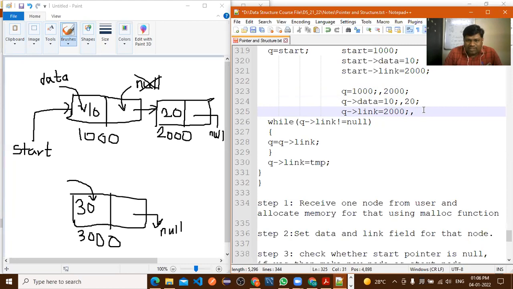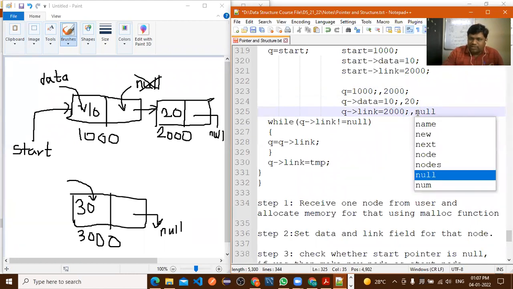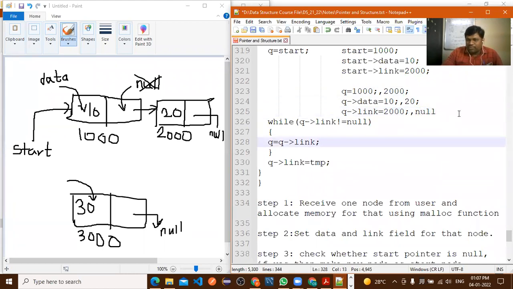Look here, for this 2000, what is the value of the link? Is it 3000 or 2000? It is null here. So we'll write null. All of you pay attention. Now the Q of link is null. Q of link, instead of 2000, becomes null.